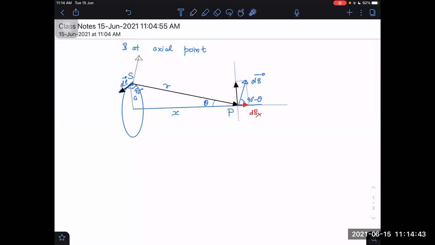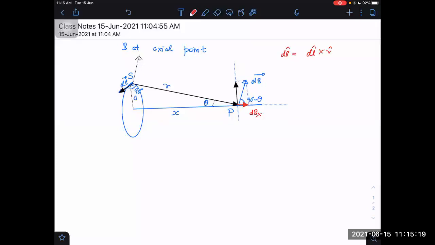Now you may think first I was taking this x, this y, this z. This was just to tell you what will be the direction of dB, so that you visualize it properly. This is dl, this is r, and we know the direction of dB cap will be dl cap cross r cap. Direction wise only I am seeing here. dB cap is in this direction, dl cap this side, r cap this side. So the cross product of these two will be in this direction. This I have drawn just for that purpose. But finally, I brought it parallel to itself because B is not in this place actually. In this place, I got the direction, and B is actually acting at point P. This is the field point.